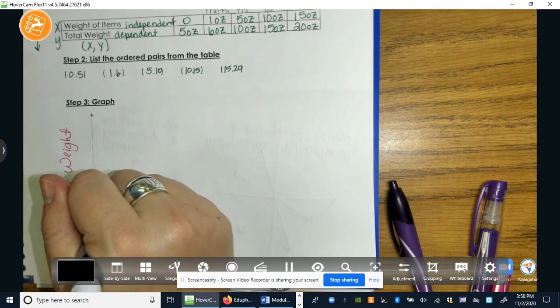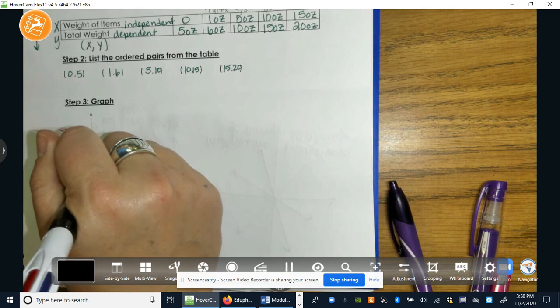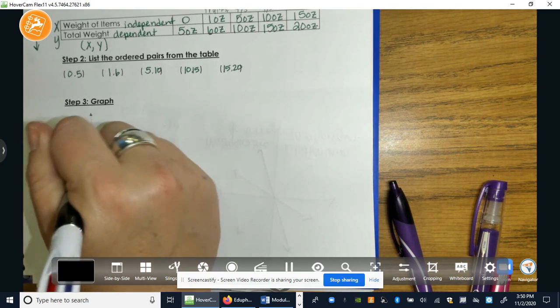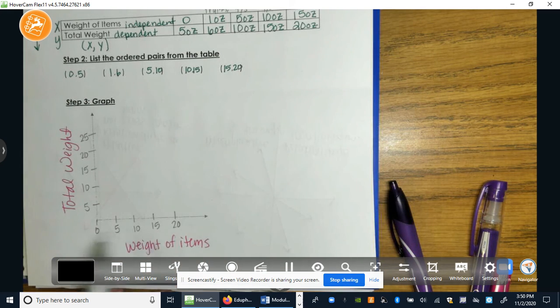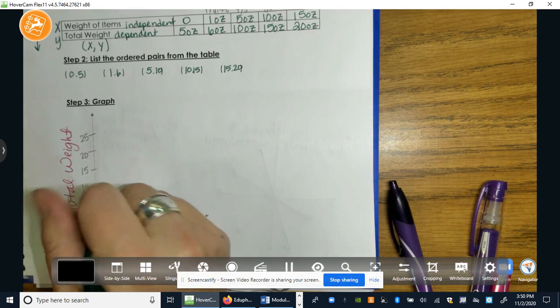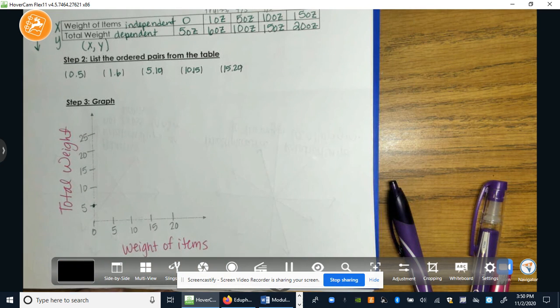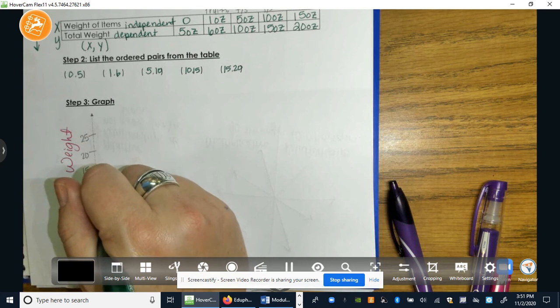And I'm going to go up in groups of 5: 5, 10, 15, 20, 25. Now, I'm trying my best. If I had grid paper, it would be perfect. I don't, but it's fine. So I know for a fact at 0, I'm at 5. Then at 1 ounce, which would probably be about here,